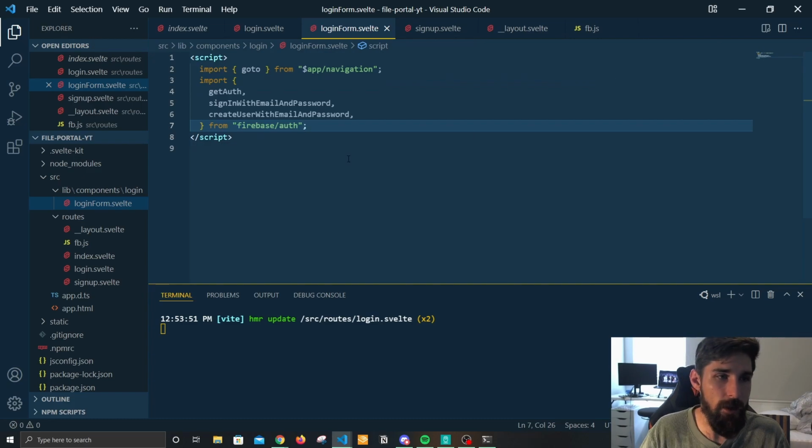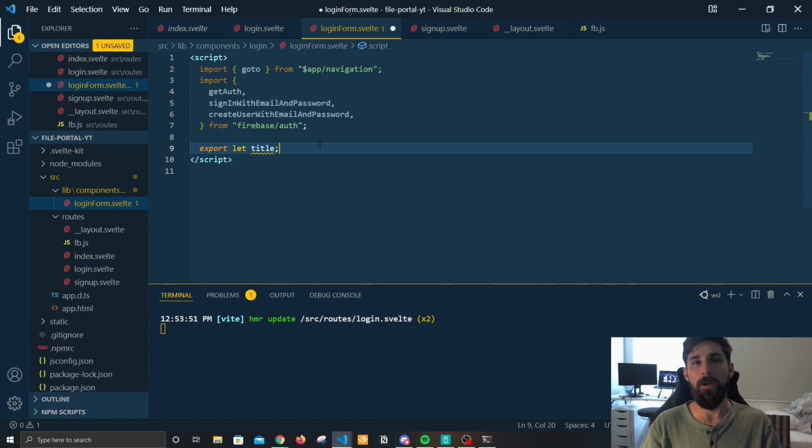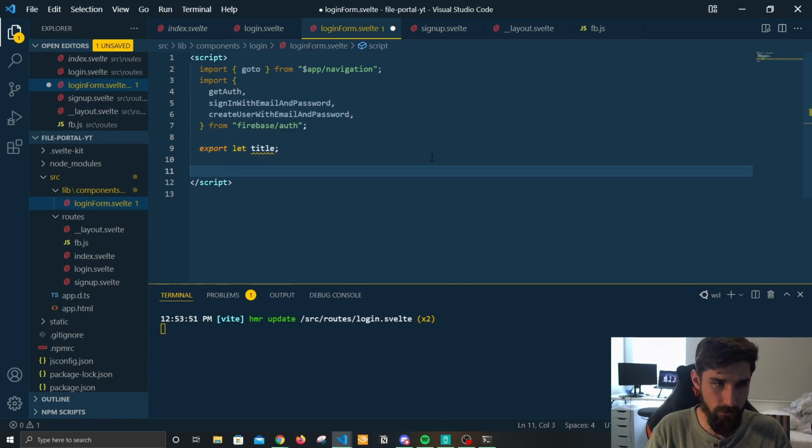All right, so we've got our imports here. We do have an export, which is our property, and that's going to be title. And so I'm going to show you a little trick where you can use almost the same login form for login and sign up, and you just check title, and if title is login, you'll show them the login form. If title is sign up, you'll show them the sign up form. So it's just giving us this yellow squiggly line because title is not being used yet, so let's make sure it's used. But first,